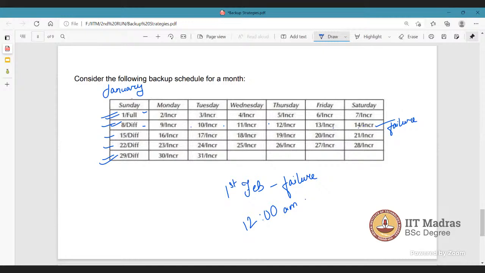No, when a failure occurs, the data will be lost, right? The previous data, the existing data, will be lost when a failure occurs. Say for example, a system crash happens, then whatever work we have done, whatever data we had will be lost, right? So we will need to recover all that data. You getting my point?